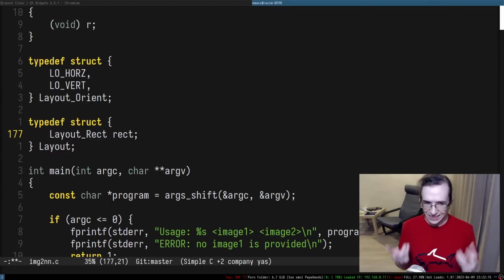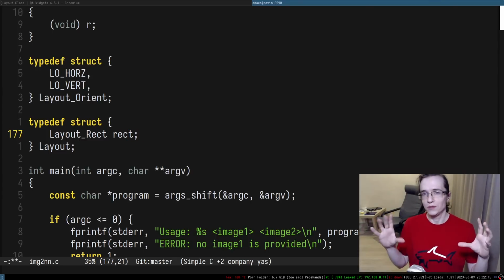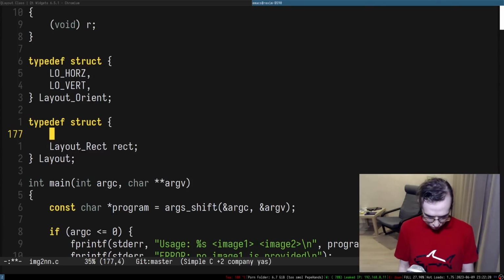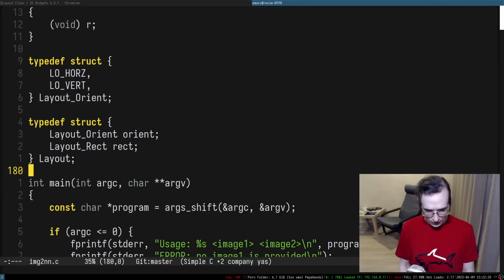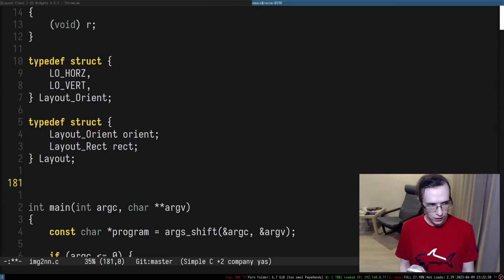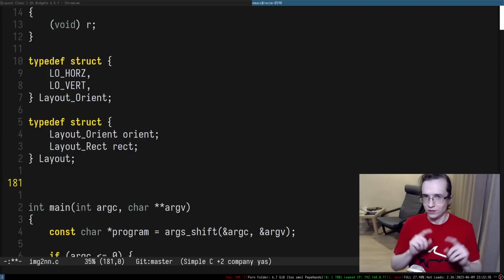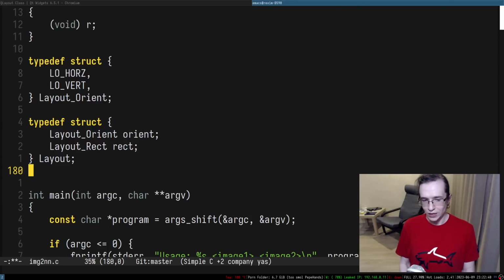So this is the rectangle for that specific layout, and of course it's going to have the orientation. Then I want to be able to say, give me the next slot within that rectangle. So essentially, it will subdivide this entire thing.